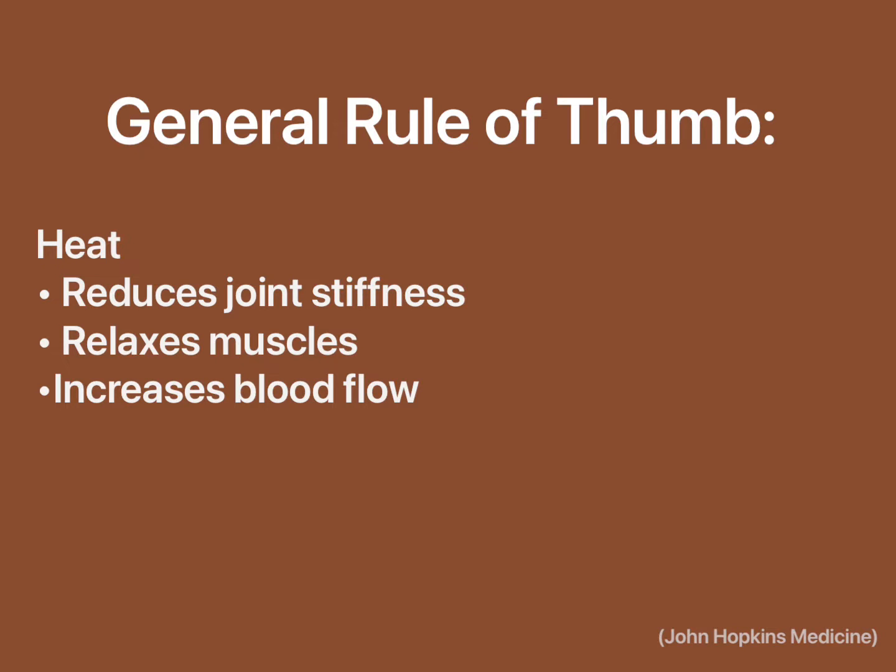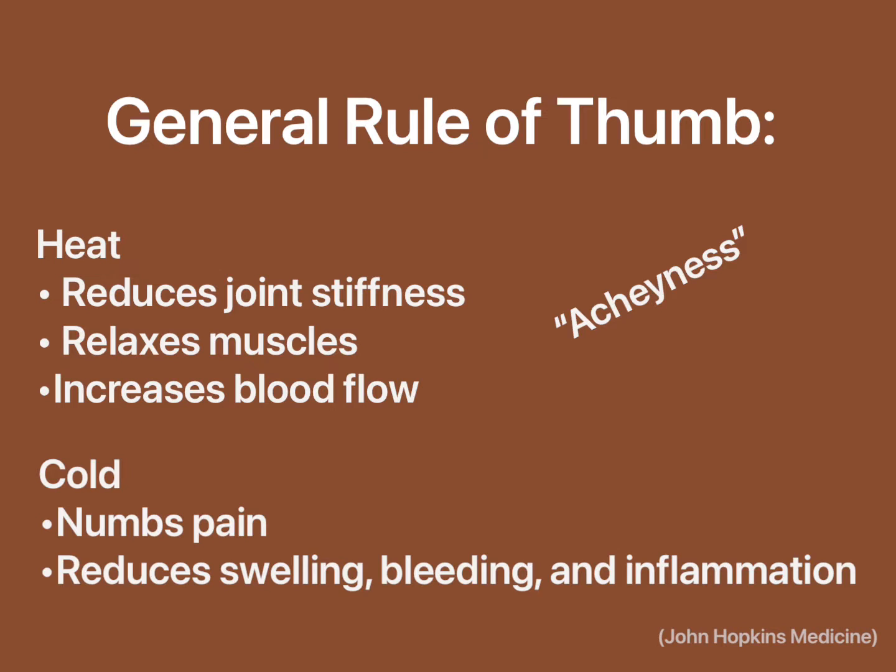to relax your muscles, so that achiness that you might feel, and to increase the blood flow in that area. It's really good to use after a day or two of exercising and your muscles are sore, or in the mornings when it's cold. Speaking of cold, ice, you're going to want to use it to numb any pain that